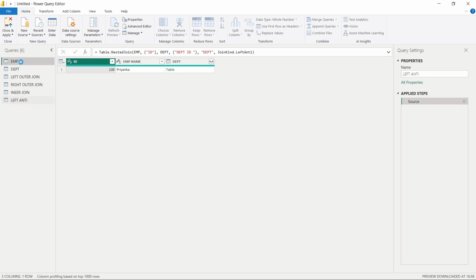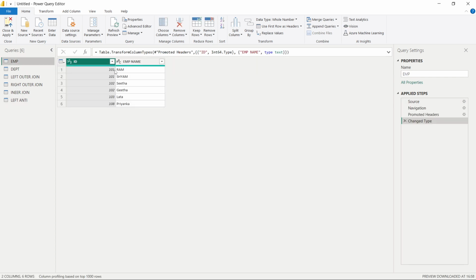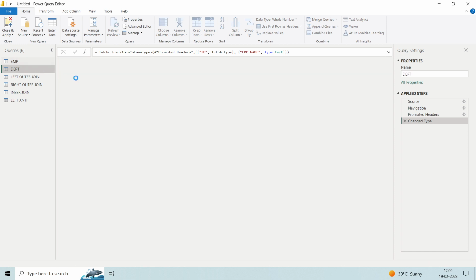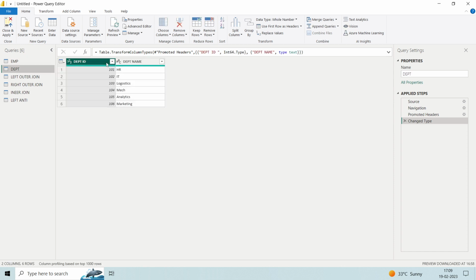If you see the EMP table, we have 101, 102, 103 and 108. Out of these six records, only the last record is not matching. If I see the same department ID in the department table, you can see there is no record in the right table that has the ID 108.